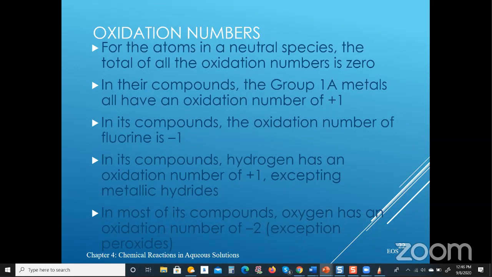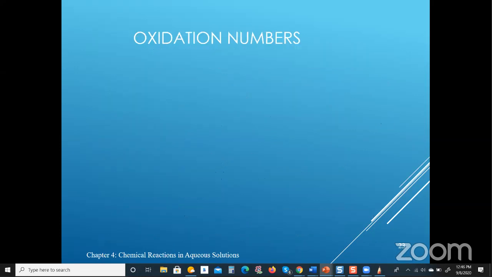And then we get to the next rule, which says in most of its compounds, oxygen has an oxidation number of -2. Again, there's an exception. The exception here has to do with peroxides, in which case the oxidation number of oxygen in those compounds will be -1, all right? So in all other compounds where oxygen is combined with other elements, the oxidation number is -2,